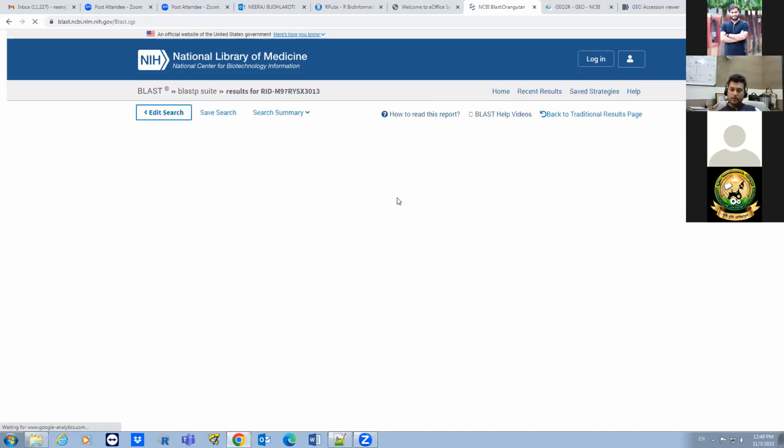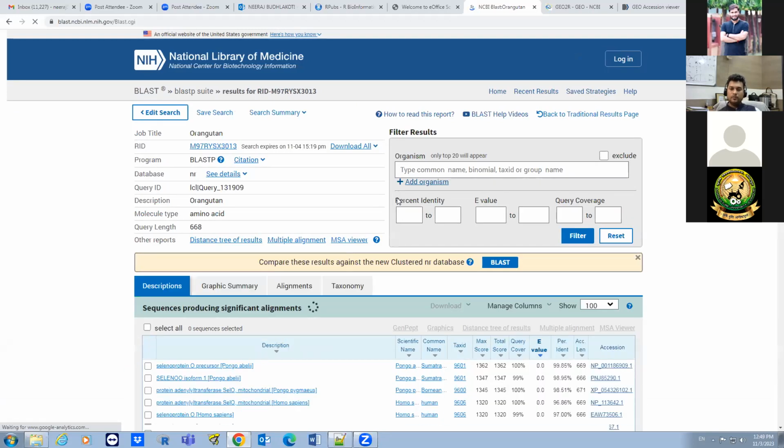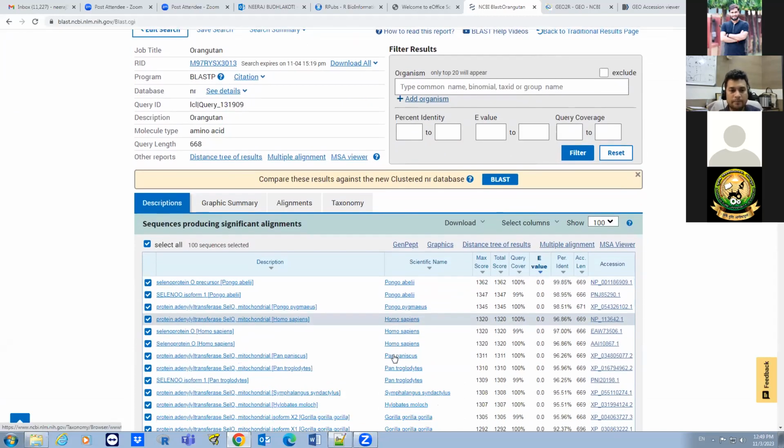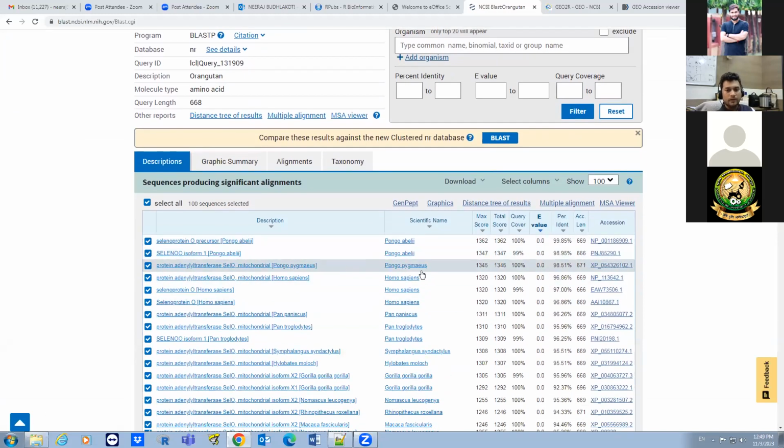The important thing is to find the close relatives versus the distant relatives. You can see an example of how it has given the information. You can see the query cover is 100%. E value 0.00, or less than, means it is very small. It means this is good for us. A smaller E value means there is less chance of an expected sequence in the database having